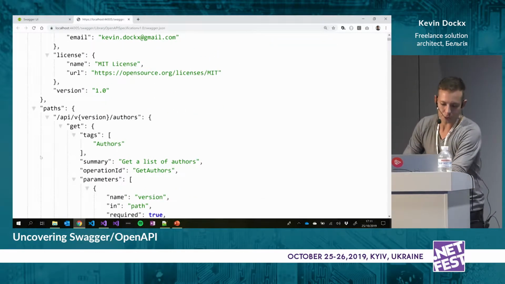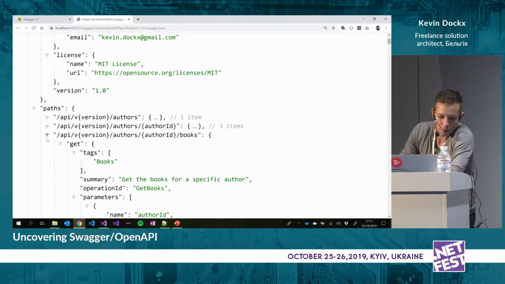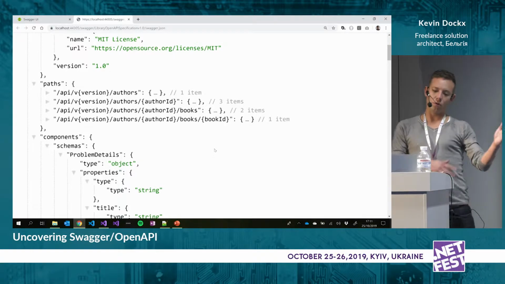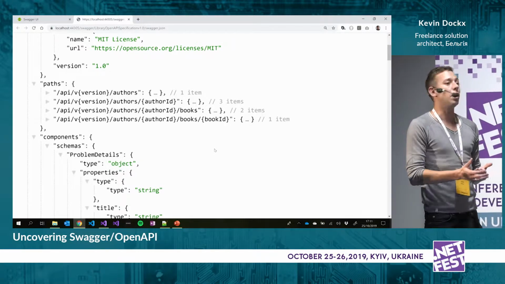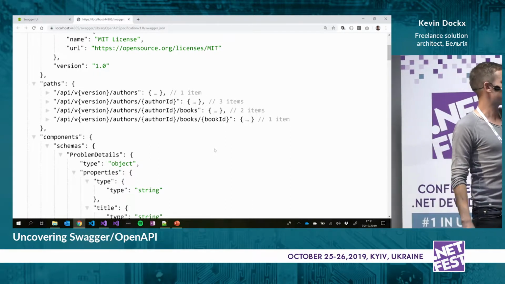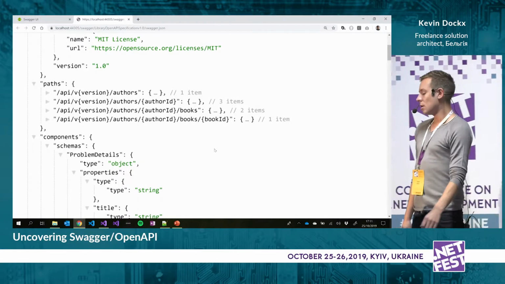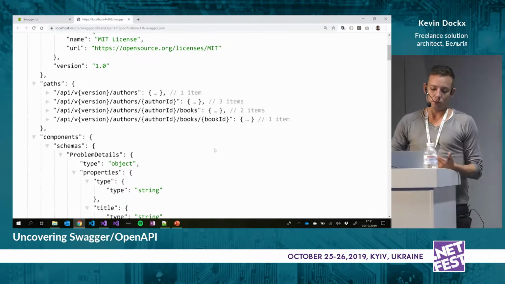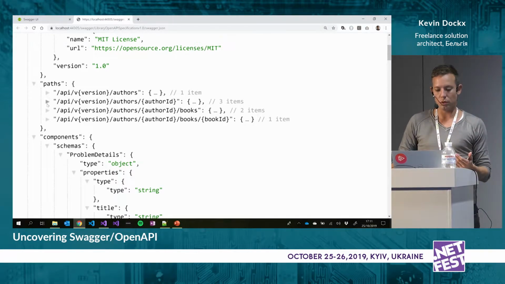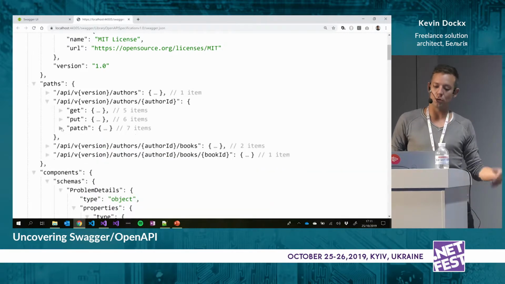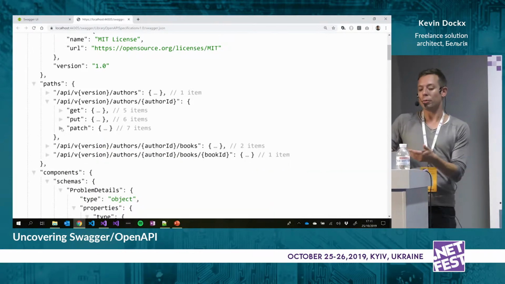So how is this built? Let me start by closing this like this. So you can see a few paths. Those are the paths to the routes and the resources my API has to offer. And you can click them open, obviously. Once you click open one, for example, let's say for an author, you can see the methods that are supported on that author. And if you go a bit deeper,